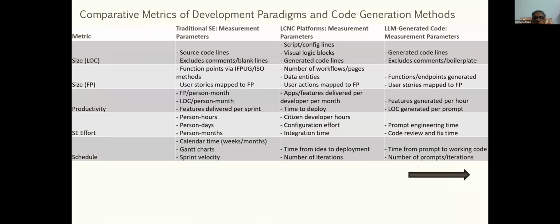So here, these are just comparative metrics. If you see size, LOC, which we readily measure, in LCNC platforms it's visual logic blocks, script or configuration lines. And here in this,